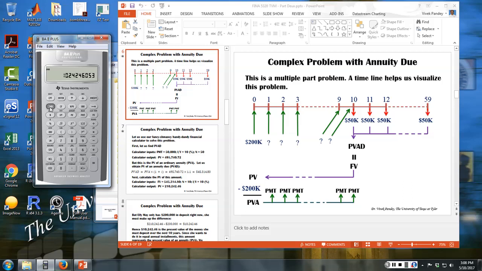And then second FV to clear TVM. That 10.242 in thousands is the present value of an annuity. So that's the present value of an annuity. Make that present value. And we want to find out what the payments are. Now this is a regular annuity. It's not an annuity due. So it's just a regular annuity. Let's find out what the payments are going to be for 10 years. 10 is N, and 10 is I by Y. Then compute payment, and we get